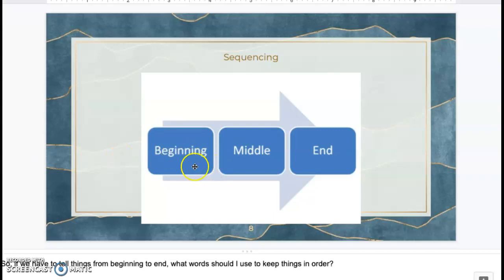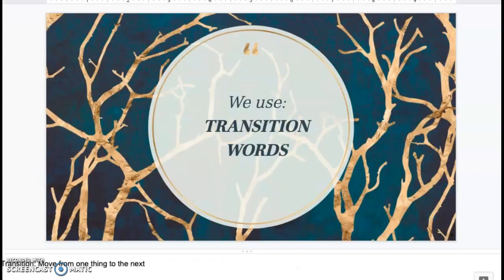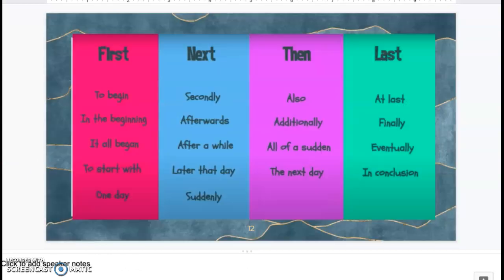And in order to do this, we use transition words. So transition words are these right here. Remember I said that there are way more transition words in English than these ones, but it's good to start off just learning these basic transition words for right now. Okay,